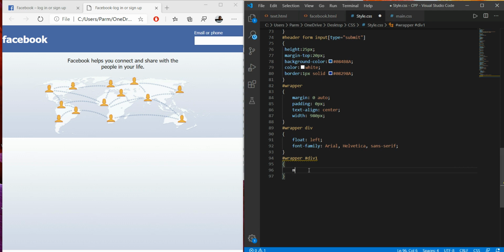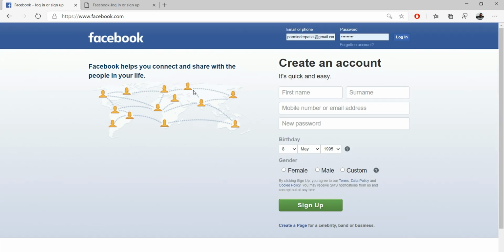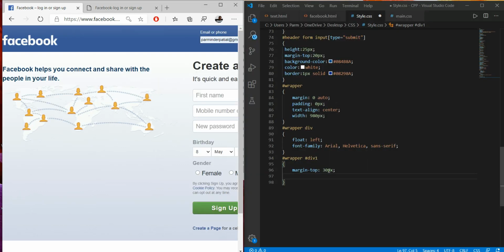So I have set margin top around 30 pixel, margin around 30 pixel, and I have to set these sections. You will see over here this section is different and this section is different, so I'm setting the space for this. For this I have to set width, say I'm giving the width as 590 pixel, and